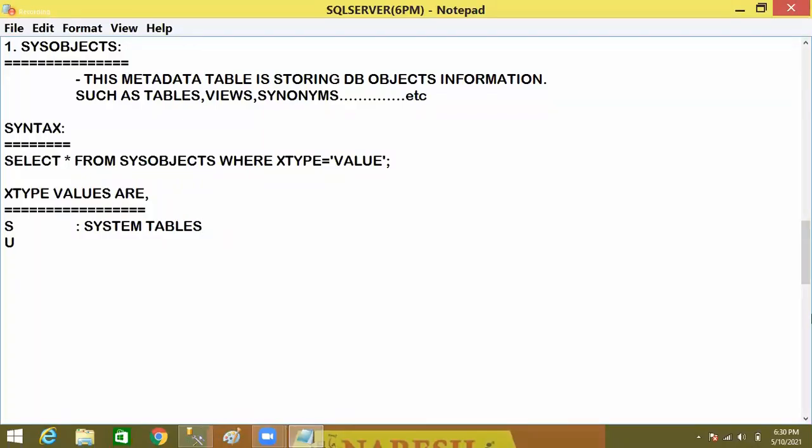In the same way, in a particular database, how many user defined tables have you created? Suppose in your database MyDB 6 PM, how many user defined tables are there? How many user defined tables can we see? Like in the same way, when I'm using V,